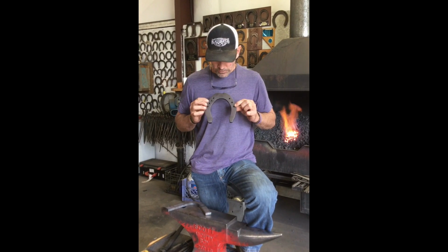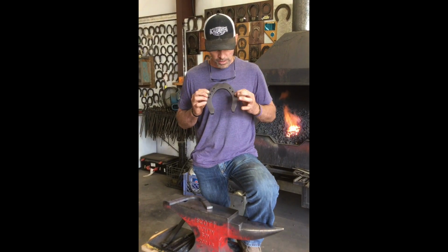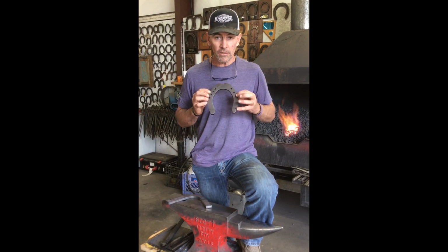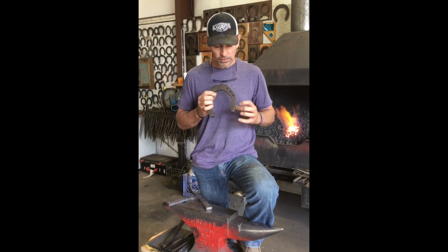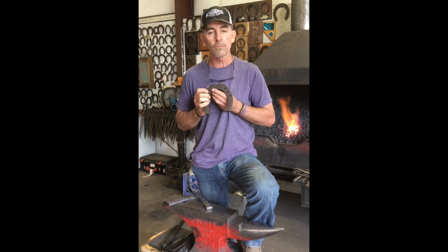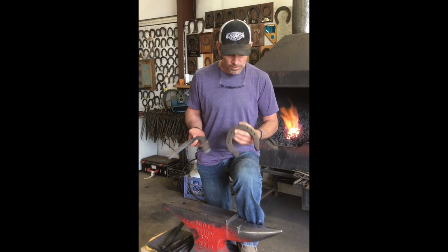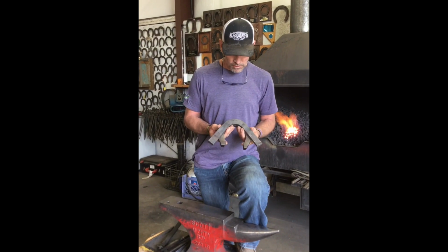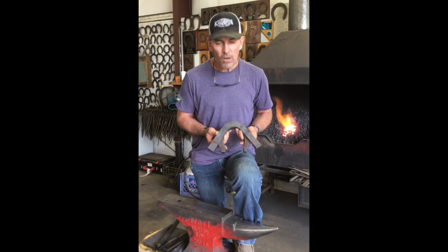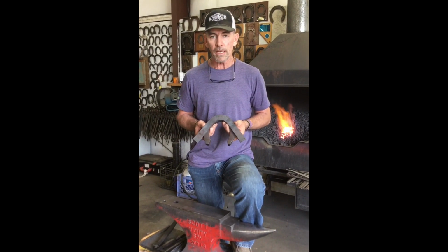And this is Daniel's double dauber carriage horseshoe, and the medial heel caulk is quite a bit narrower than the lateral, to be up under the foot so the horse doesn't gore himself whenever they're traveling. But what I've done is I've made a toe bend, and we're going to make the heel caulks on this toe bend. But what I've noticed a lot at our competitions and whenever I'm watching people on the internet,